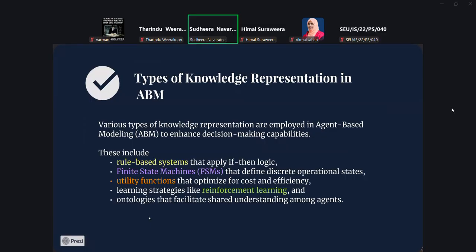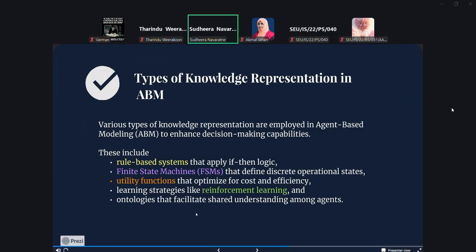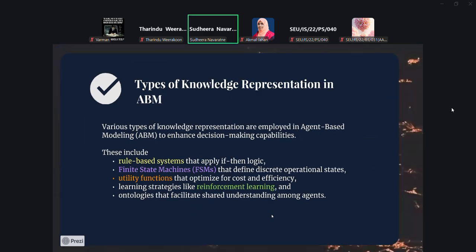Or you can use more advanced learning strategies like reinforcement learning or game theoretic learning and so on. Or you can go beyond that, into ontologies, to facilitate shared understanding among the agents. So it depends on how you want to build your agent.